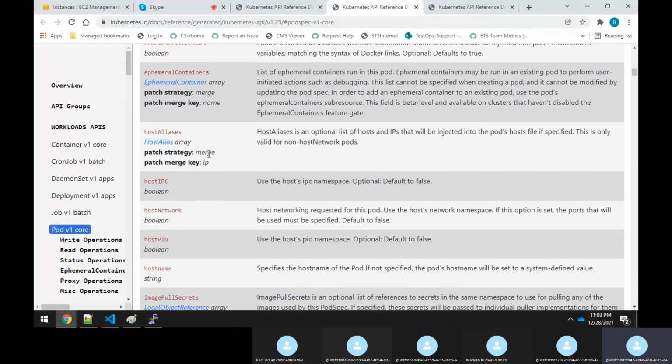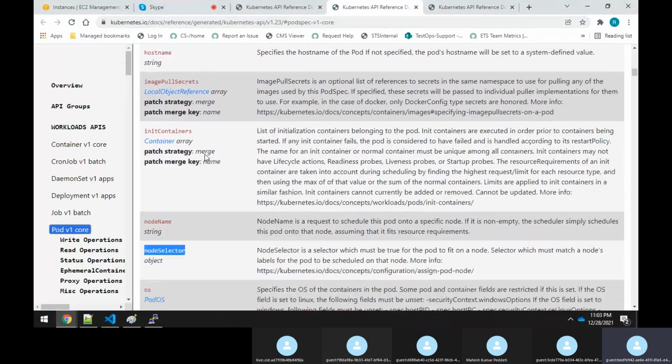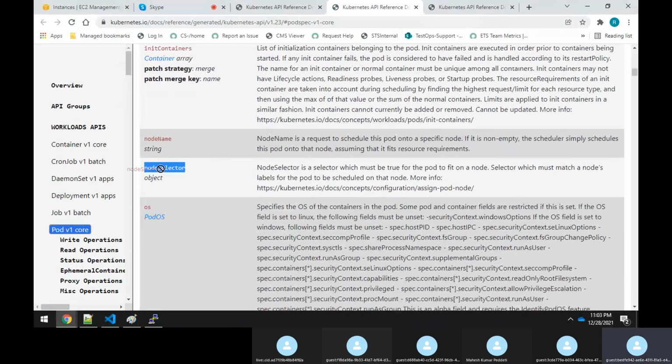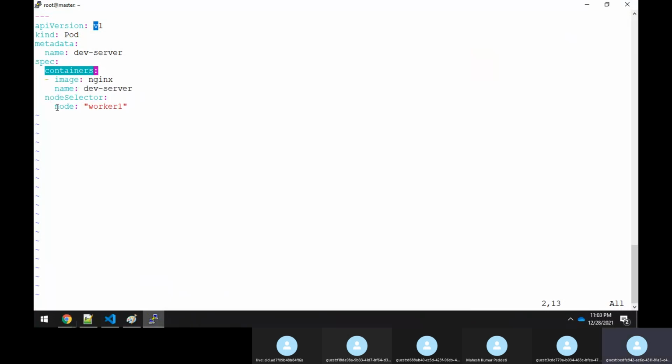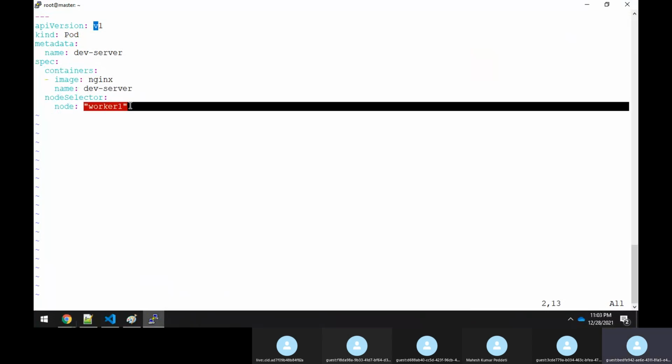But after containers, you have the node selector. Under the node selector, I'm giving the key and the value. That's all.